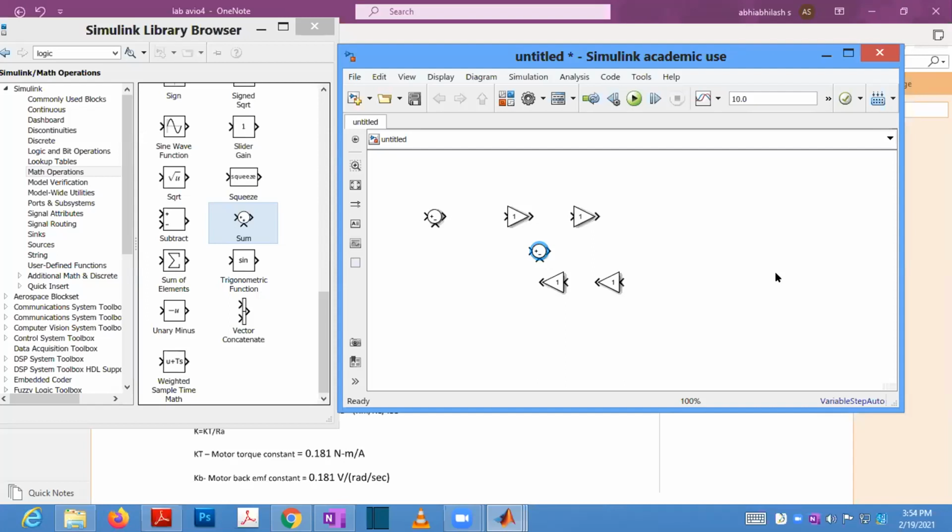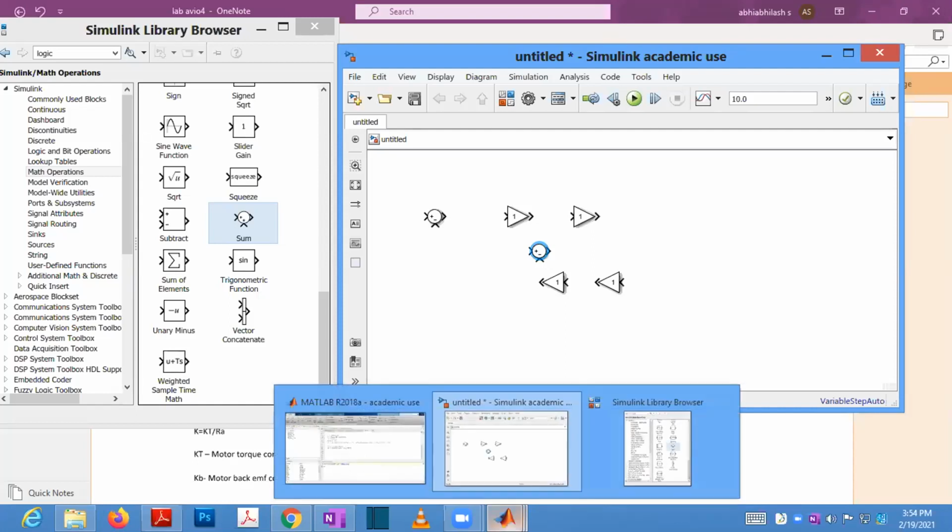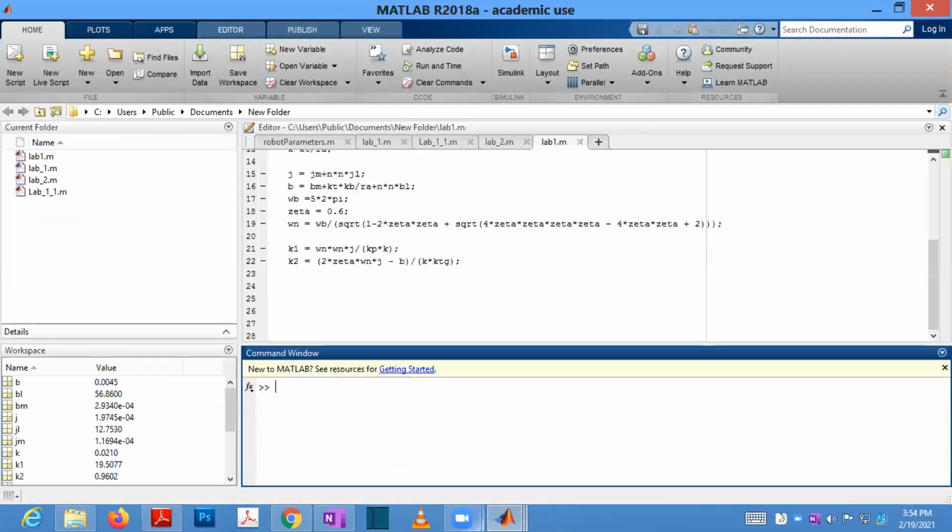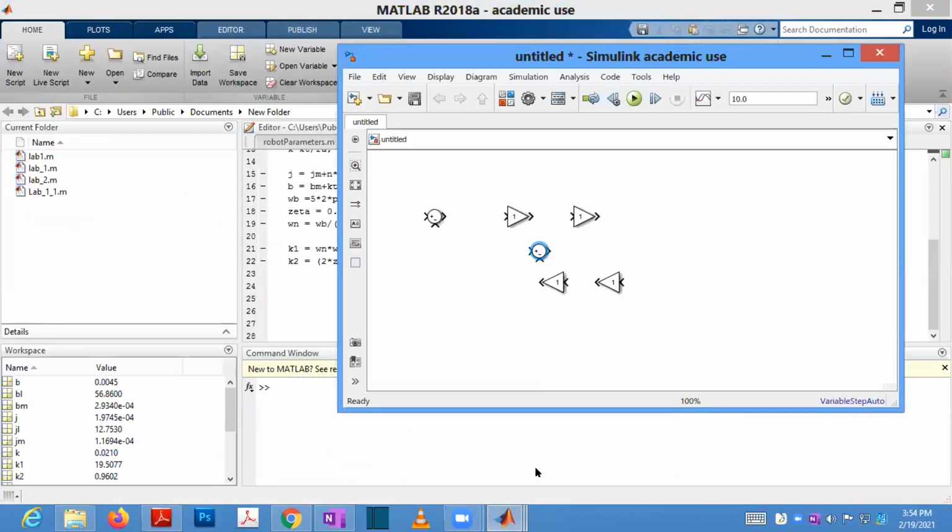Excuse me, sir. I don't know, but suddenly it's showing me some error when I'm trying to open a blank model. It's showing an error: unable to load bundle binary C program files, MATLAB, and error 127 state not recoverable. I think that MATLAB has crashed. So just close that MATLAB and reopen. Save that .m file now. If you are running, it will ask to save. You save it and then reload it.